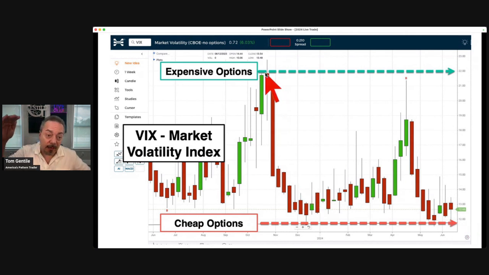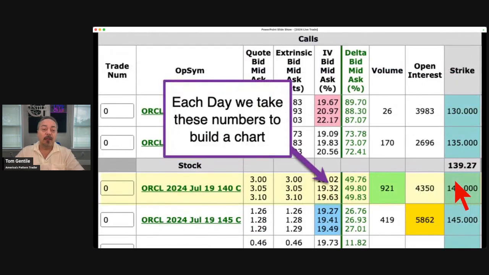Remember, in October and November, we had that big pullback in the markets. The pullback came in, and option traders got nervous, and option prices started getting bid up quite a bit. So we're able to gauge based on the last couple of years where it's been expensive, where it is cheap. And right now it's looking pretty cheap. But if you really want to know how we do it, we don't look at the overall market per se. What we do is a start. But then what we do is we go in and we look at individual option prices on individual stocks.